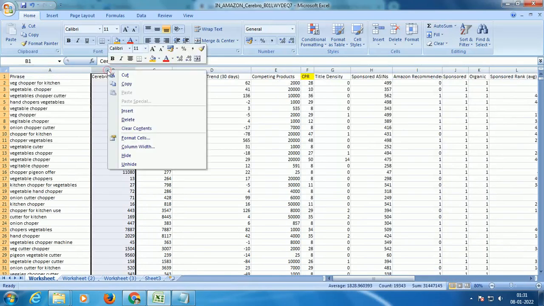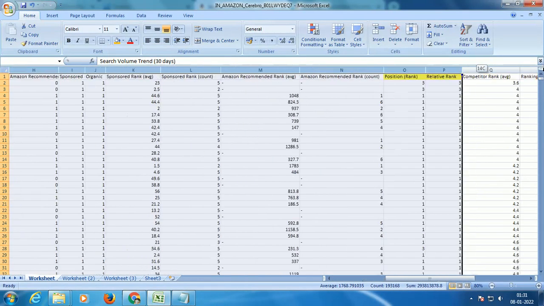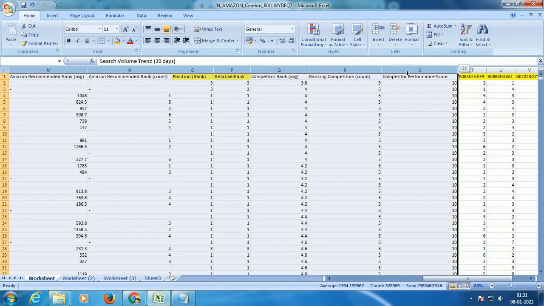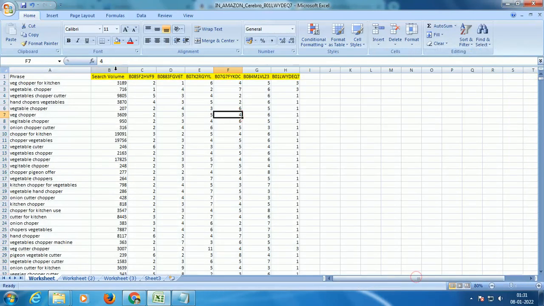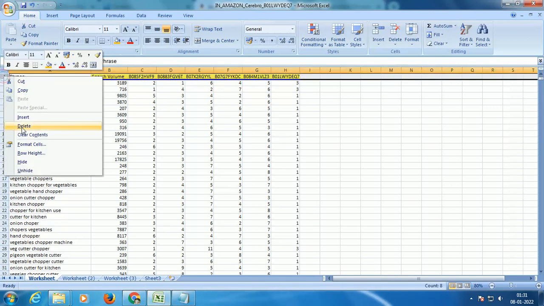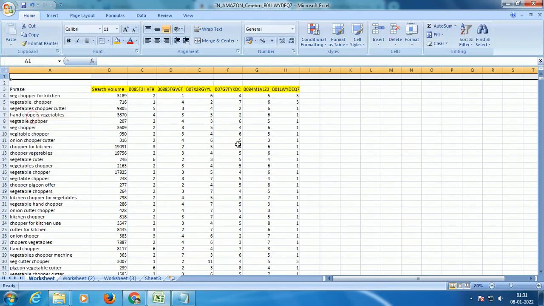As we proceed forward, I'll delete the ones which we don't require. We don't require any of them in this approach, so I'll just delete everything. So I just have my search volume and then I have my ASINs. Now here is the thing. This is a concept, or this is the approach, which was first illustrated by Mr. Brandon Young, and later on so many people started speaking about this approach.